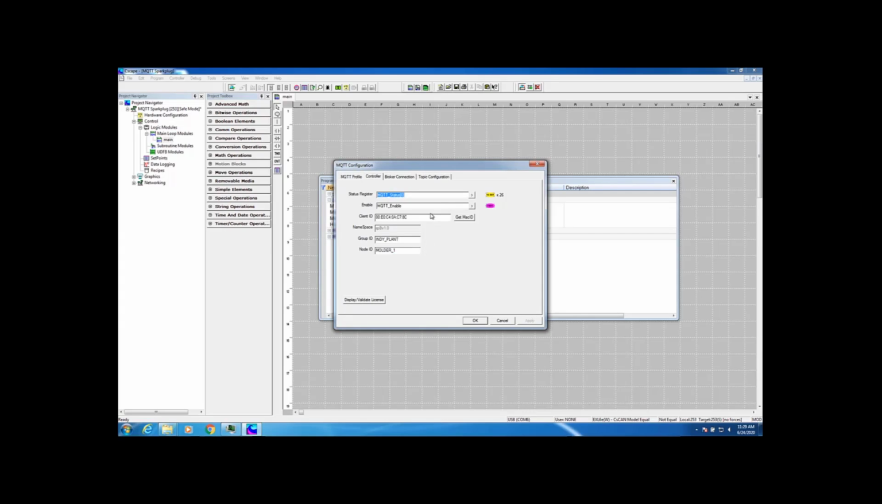To do this, we configure a status register or a series of status registers, where we will monitor our communications with the broker. We have to assign a variable which will enable MQTT communications. We must also assign a unique client ID. This can be anything, but it must be unique. MAC addresses are always unique, so we've made it easy for you to use your MAC address as your client